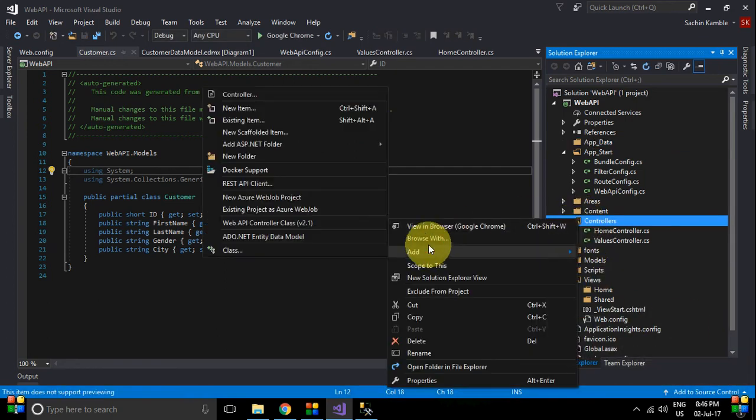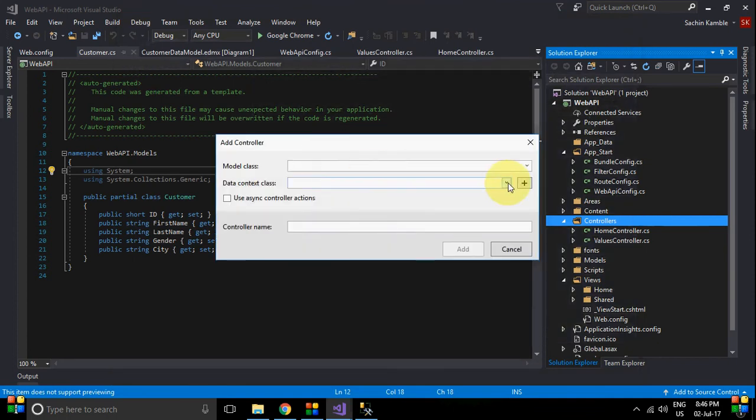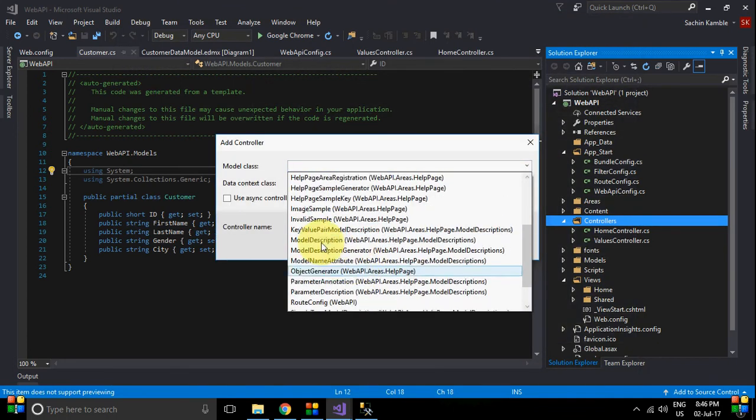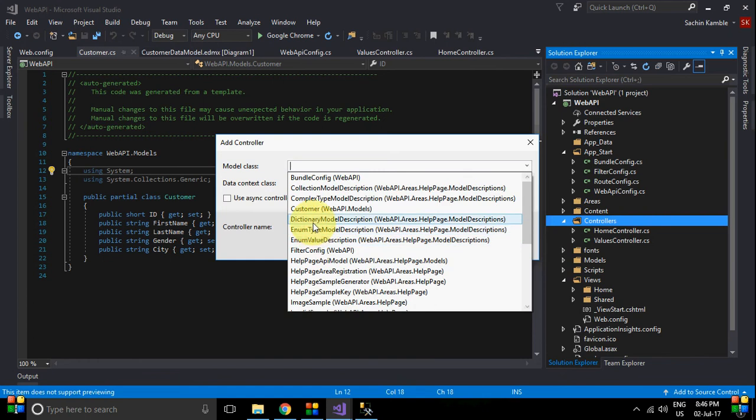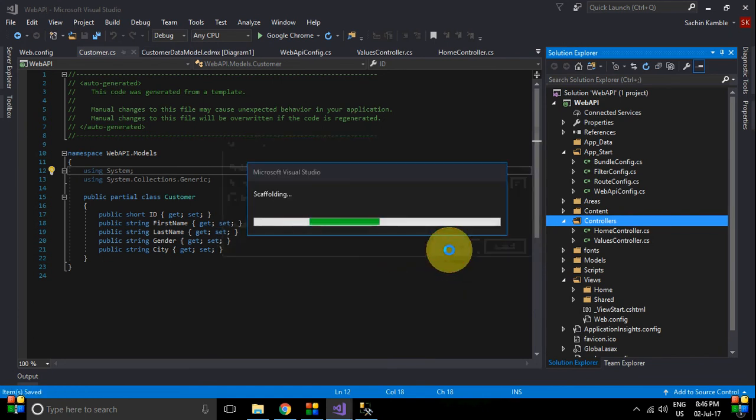So go to controller and add new controller. Model as Customer and data context class. Okay, click add.